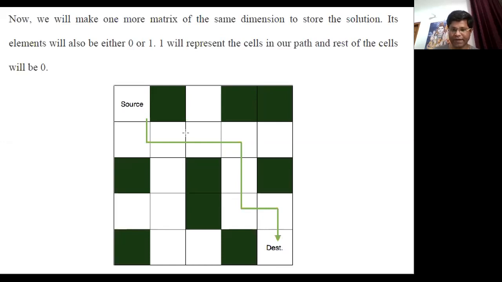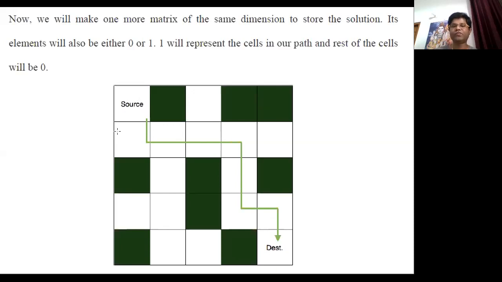And what is the use of backtracking in this algorithm? Suppose instead of moving from this direction, you start from the source node, move to this cell, then to this cell, and you think it is better to move in this direction so that the solution can be reached. Since this is 5 cross 5, it means a total of 25 squares. Let's imagine if there are 1000 squares, then it is not possible for you to reach the goal in one direct movement. Since this is a simple 25 square grid, you can see that we start from here and move till here and we reach the solution.